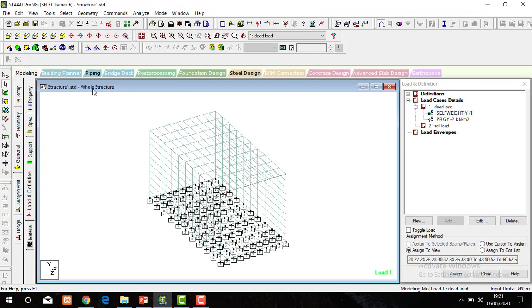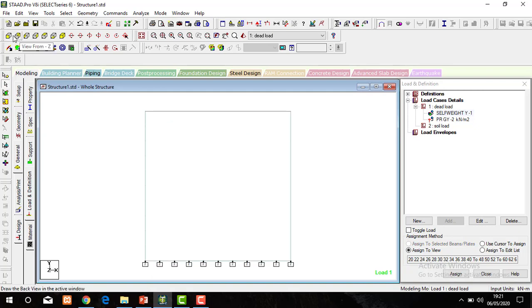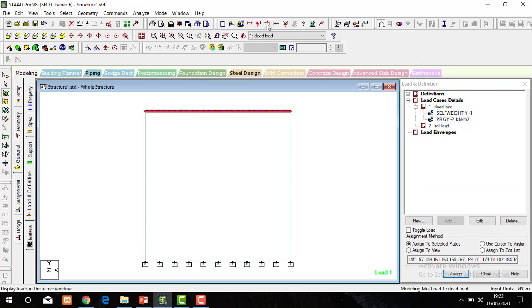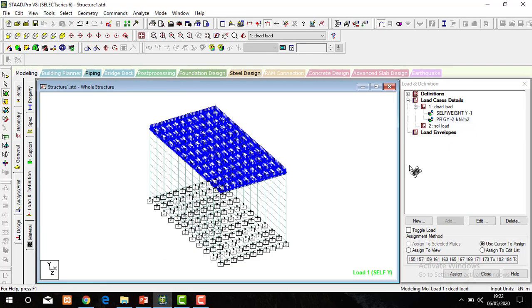Now we consider the plate load for the top part only. So take the plate cursor, select this plate and assign to only the selected plates. Now you can see this is the pressure load applied on the plates.